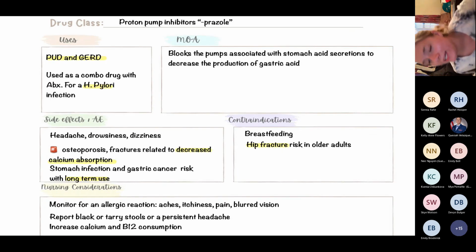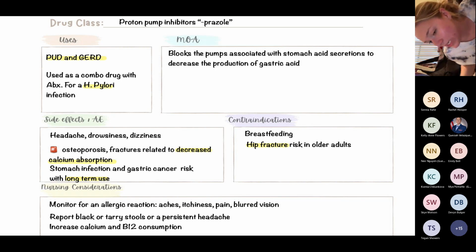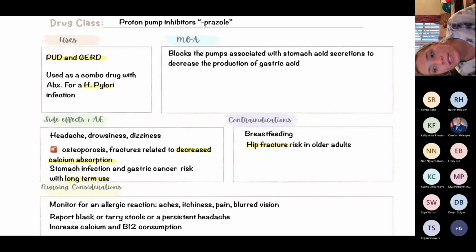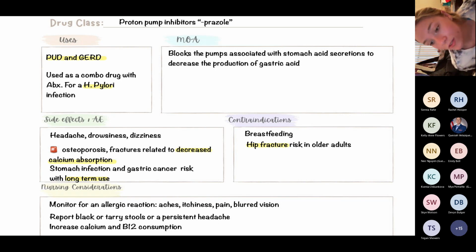Up next, now we're kind of getting into our ulcer stuff. So we have our PPIs, proton pump inhibitors, also known as our prazoles. These are really good for GERD and peptic ulcer disease because they help decrease the production of gastric acid. That is what irritates and erodes the stomach lining, not only of our stomach but the GI tract itself, and that can cause some ulcerations. Additionally,